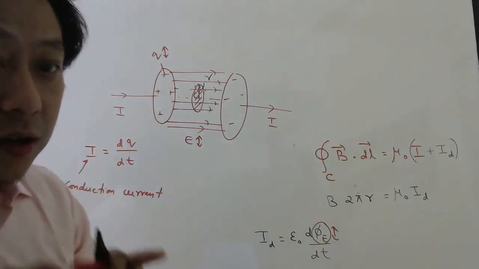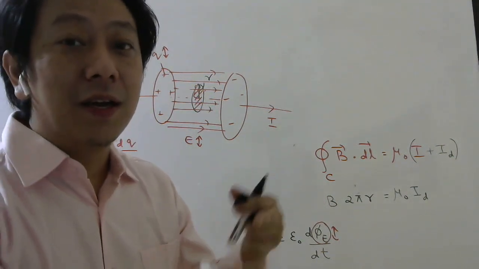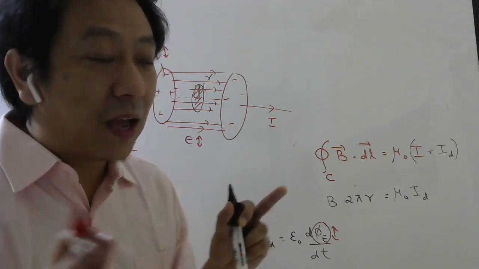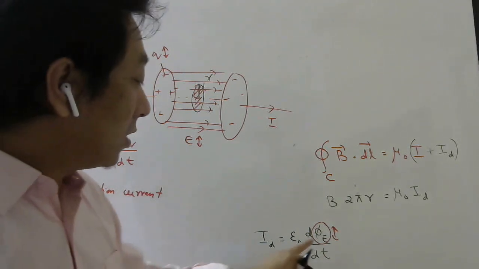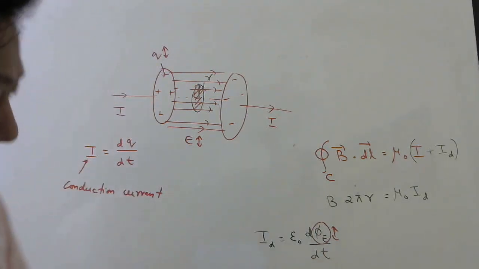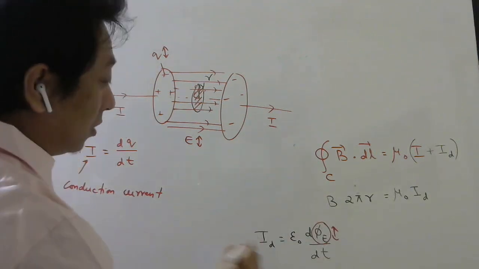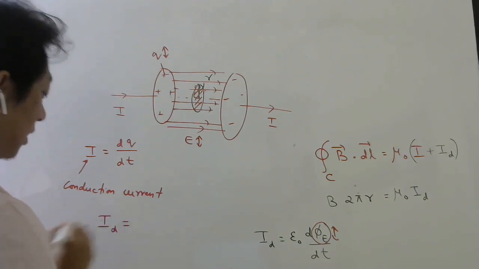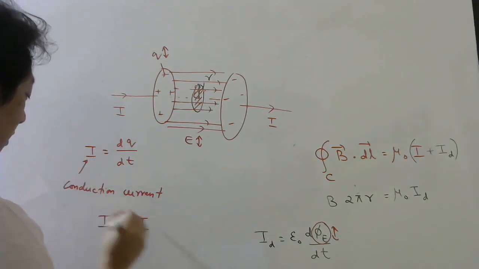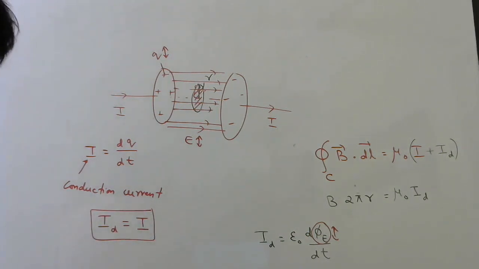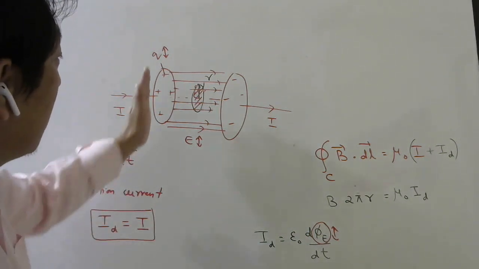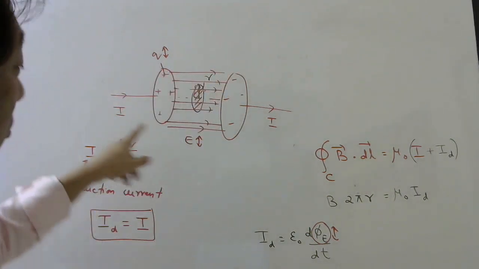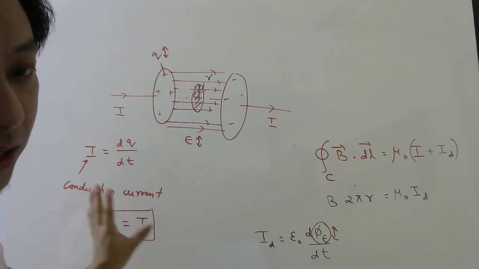Okay, students, so do not think that magnetic field is produced only by currents. It is also produced by something called displacement current, which is nothing like the real current. It is actually due to changes in electric flux. However, in class I have shown that if you do the substitution here, you will find that displacement current is numerically equal to the real current. So this is very important to remember. The displacement current in between the capacitor is equal to the real current numerically.